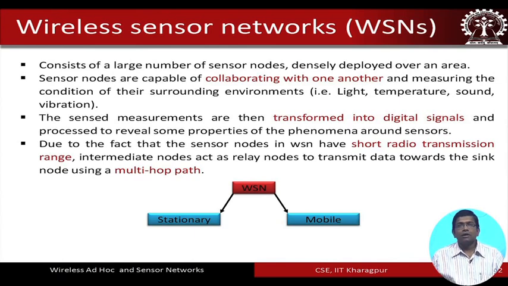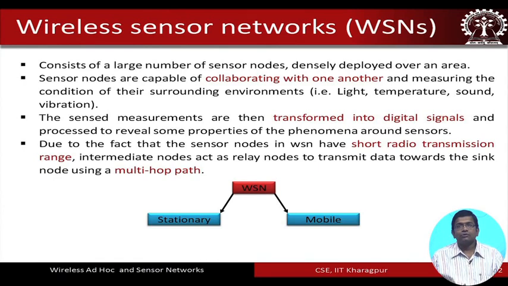The sensor nodes can collaborate with one another, and collectively the sensed data obtained using these sensor nodes are transformed into digital signals to process the physical phenomena that are occurring around the sensors. And due to the fact that the sensor nodes have very short radio transmission range, the intermediate nodes in these networks act as relay nodes. So, what we essentially have is something similar to what we had observed in the case of ad hoc networks, a multi-hop kind of